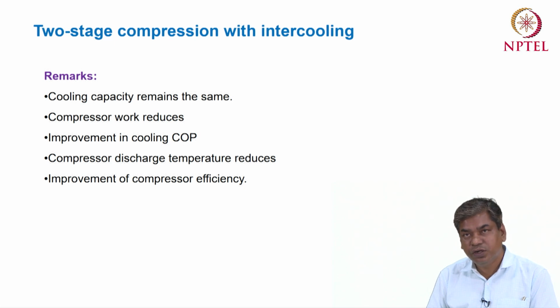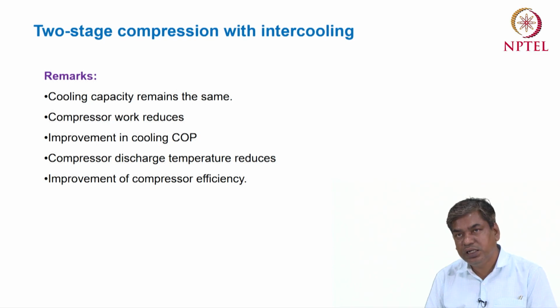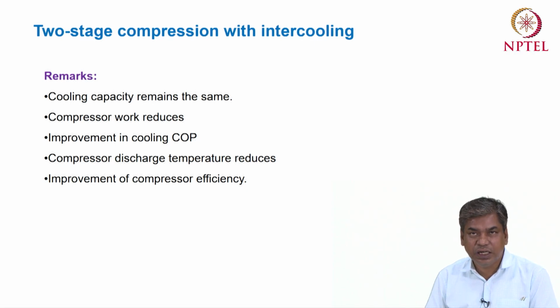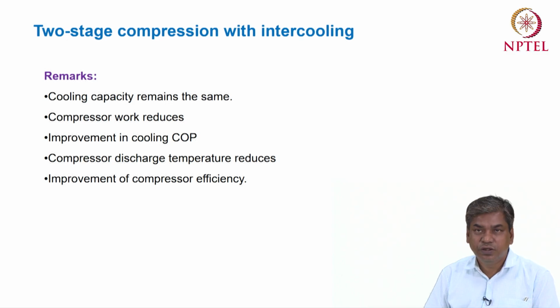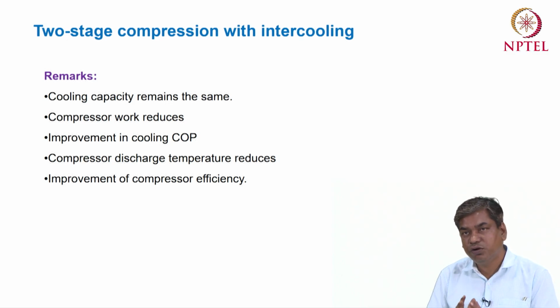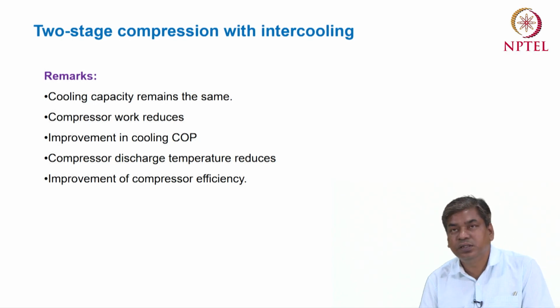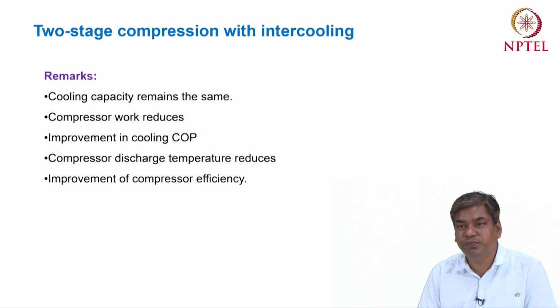So the compressor work will reduce by using multi-stage compression due to basically two reasons. One is due to the enthalpy effect, or the slope of the isentropic process in a pH diagram, which I have discussed, and another is the improvement of the compressor isentropic efficiency. So for these two reasons, ultimately the compressor work will reduce, and that will give the improvement of the efficiency for a two-stage compression cycle.